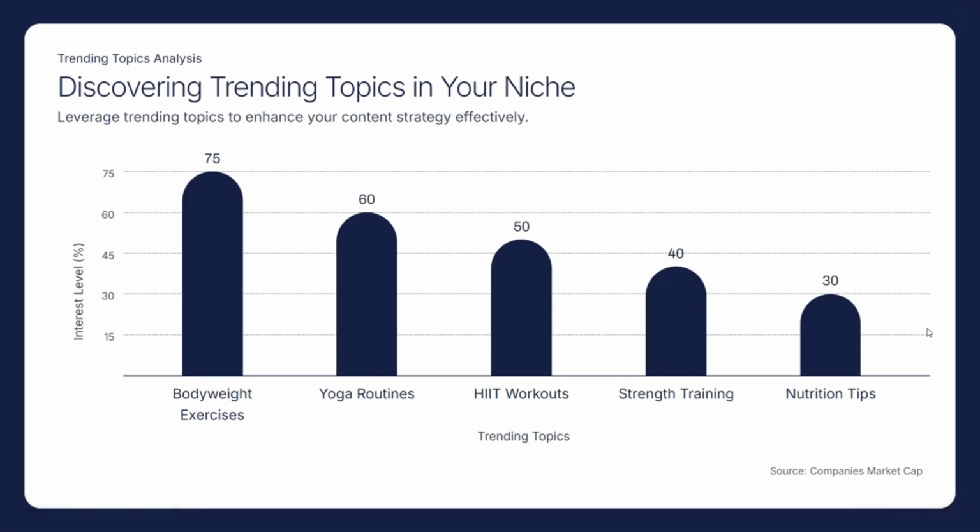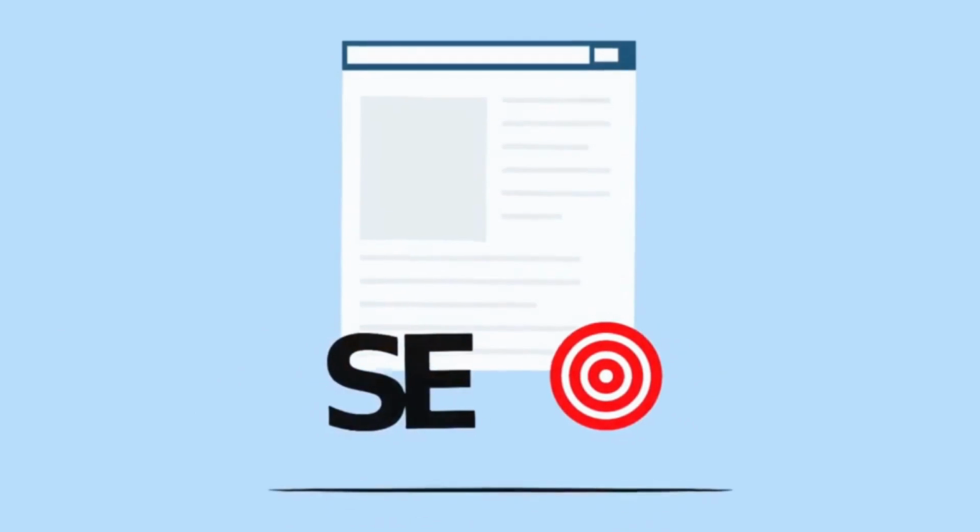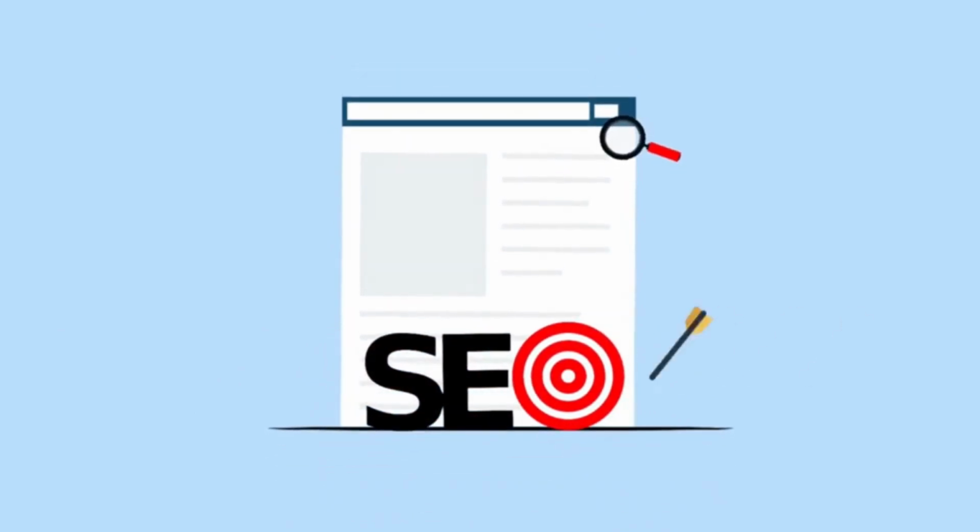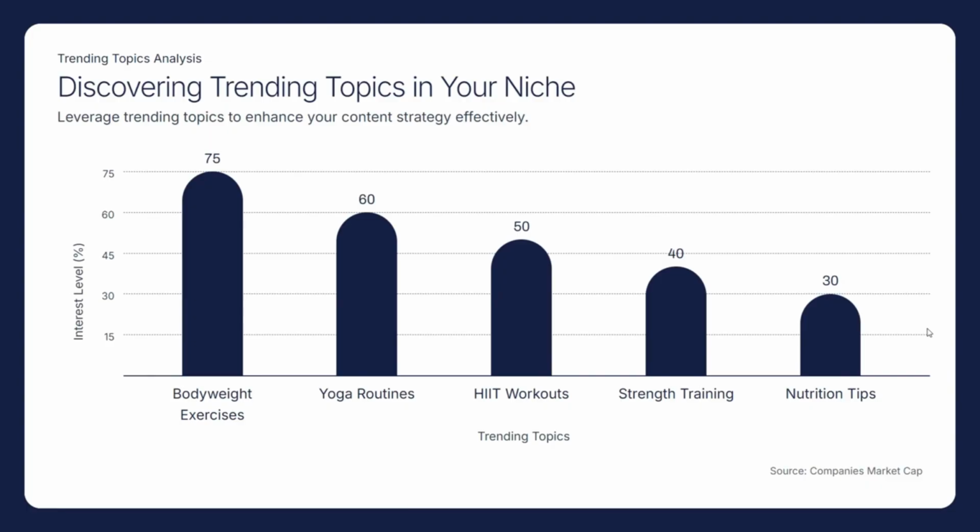Also, you can find trending topics in your niche which would help you bring good content ideas that are not only trending but also have a longer duration of watchability. So search for home workout routines on Google Trends. You might discover interest in bodyweight exercise due to the recent lockdown, or maybe due to the recent increase in people going for